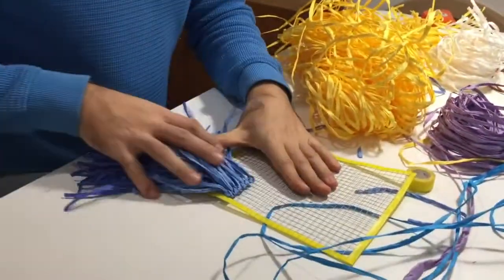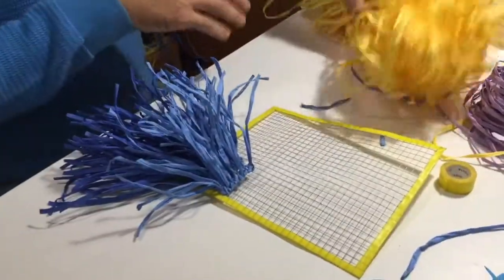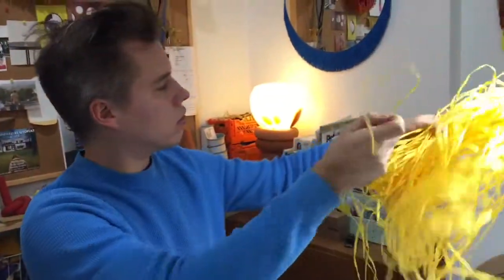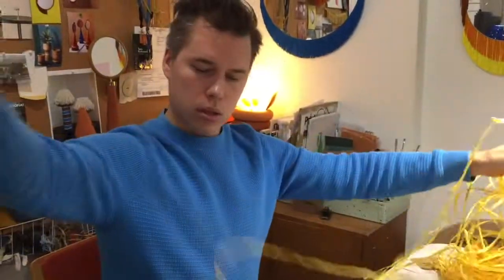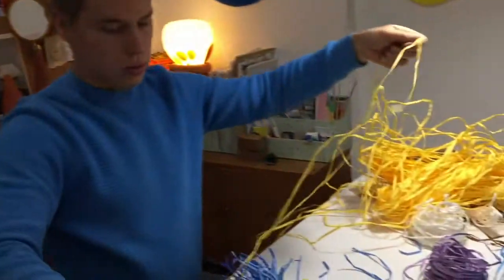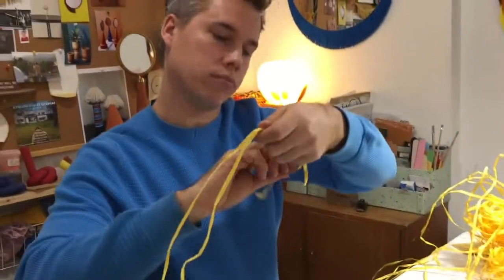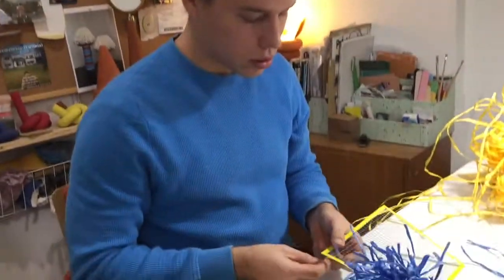So now we have done a little touch of this kind of fringe area here, but I think I will also make this kind of more flat woven area there. So for that you just take a little bit longer piece. I would say this is maybe a couple of meters. It can be shorter, but